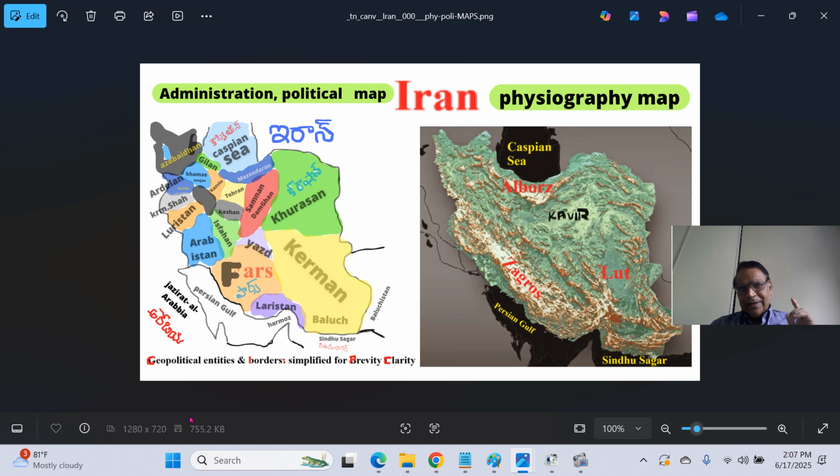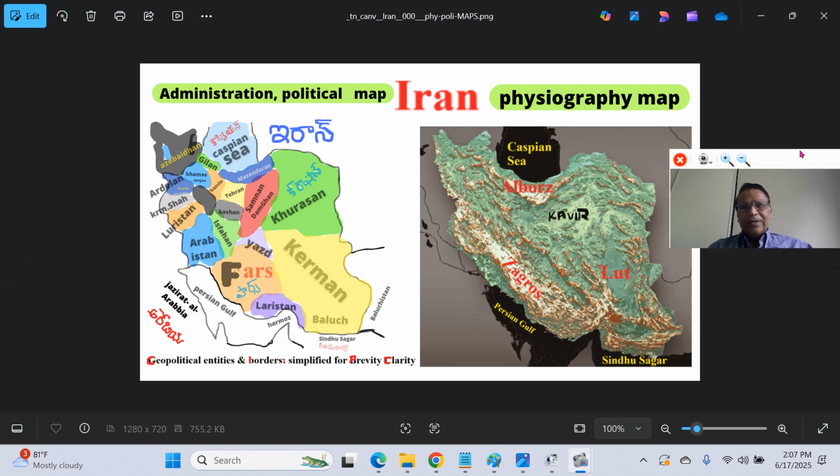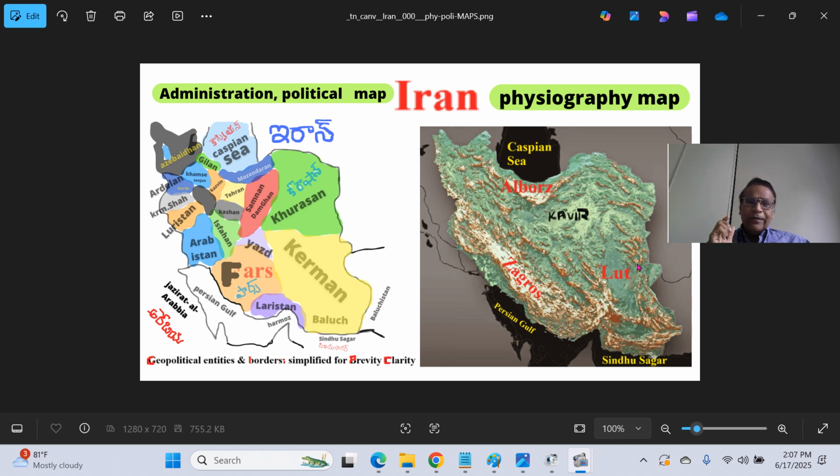There is a difference between administrative political maps and physiographic maps. This is Persia, Iran. This is a two-dimensional map that gives the vilayats or provinces of Persia, just the names and lines. Here I am showing a physiographic map, or a physical geography map. Physical means the land, terrain, the mountains, the rivers, the ocean bodies, how the habitat actually looks.